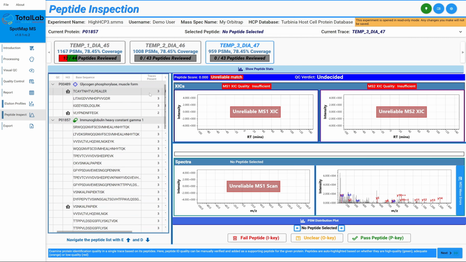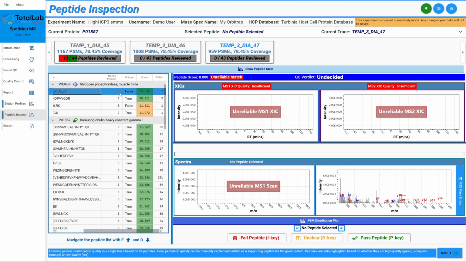So there are some instances, and I think in other videos I've talked about this and the way we display this, where some host cell proteins might only show up in one trace out of a triplicate, so one trace out of 3. Typically, the industry would only accept a true positive result if it was in 2 out of 3 traces. But we have the ability to run through each individual one and assess them separately, assess them differently. We can see here that for this particular peptide match,